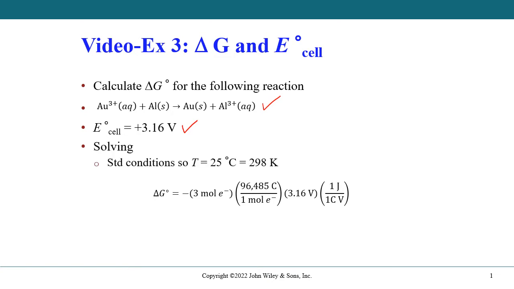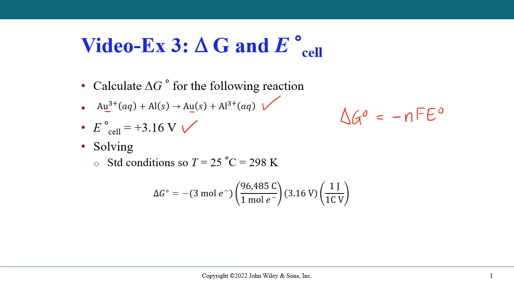So the temperature is 298 Kelvin, and then we use the equation delta G standard is equal to minus N F E standard, okay, where N is the number of moles, F is the Faraday constant, and the E standard is the E cell, okay. So here you can see that for this reaction, if you look carefully, gold 3